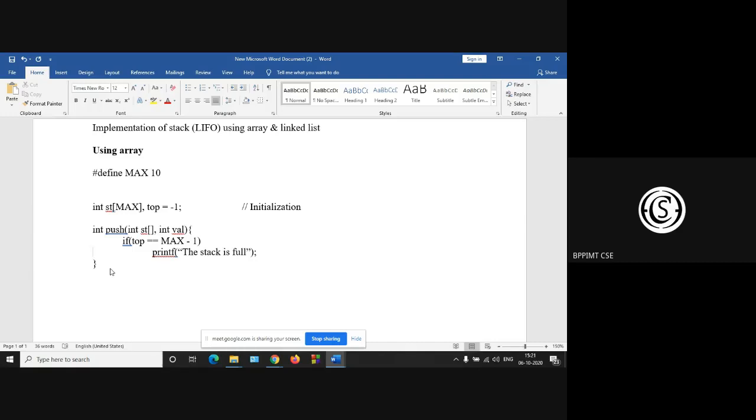So in push, if top is equal to max minus 1, printf stack is almost full. Otherwise, that is your stack is not full, could you please suggest me what should I do?